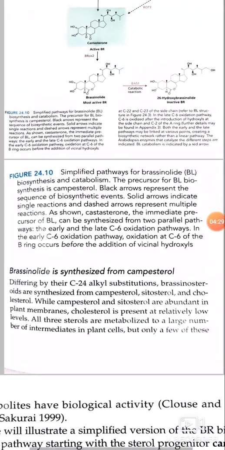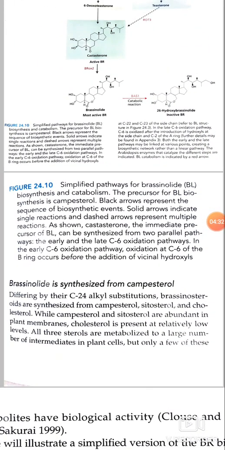Brassinolide is synthesized from campestrol, differing by their size, C24 alkyl substitutions. Brassinosteroids are synthesized from campestrol, sitosterol, and cholesterol. While campestrol and sitosterol are abundant in plant membranes, cholesterol is present at relatively low levels. All three sterols are metabolized to a large number of intermediates in plant cells, but only a few of these